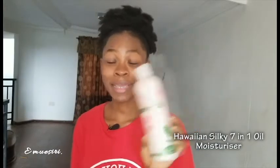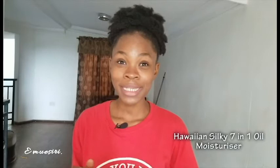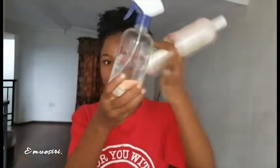I'm personally a big fan of products that smell nice. So this is the Hawaiian Silky oil moisturizer. That is what I use. Most of the time I dilute it with water, in a spray bottle, such as this one. This is really a conditioner. Then after that,